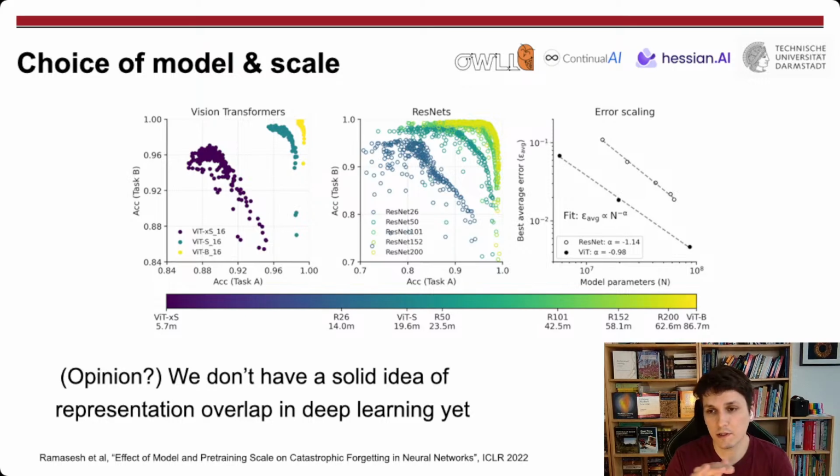And so interestingly, in this legend, you can see the amount of parameters in these models. And then evidently in the plot, you can see that as the amount of parameters grows, so does the amount of forgetting shrink. So in that sense, you're going further towards the top right corner of these plots, suggesting that the choice of model and the scale of the model affects how much you forget, in the sense of you could, in fact, maybe go from this implicit perspective that we've talked about if you go really extreme and go with an extremely large model. So apparently, if you choose a residual network or a vision transformer with 80 million parameters for this